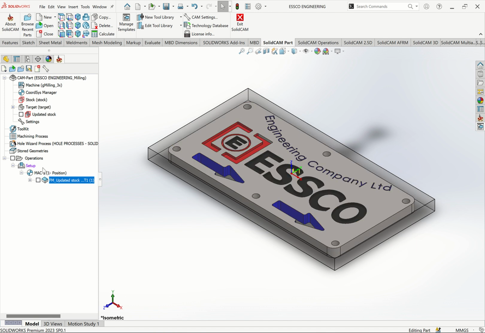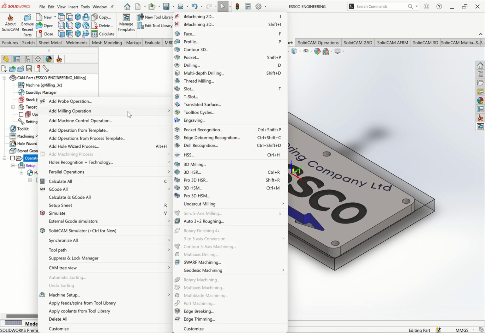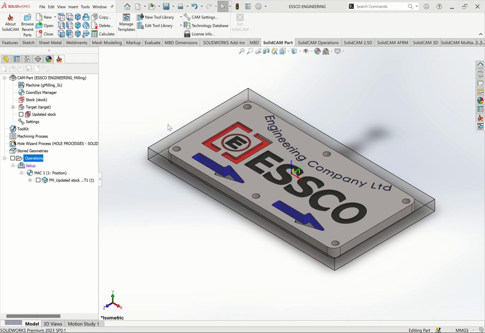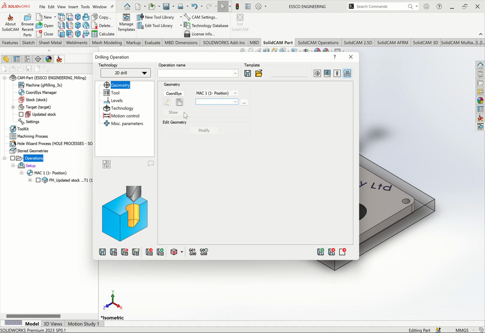Okay. So let's go to our next operation, which is drilling. But before we do drilling, we need to do standard drill. So how do we do standard drill? Because we don't have a program for standard drill here, we use drilling. So we click on drilling, but we change the tool to be standard drill. Then here,